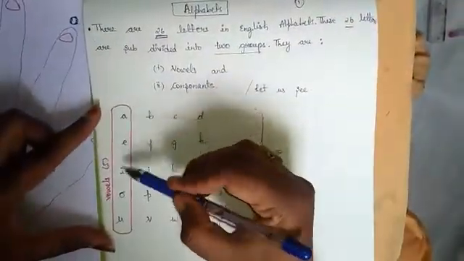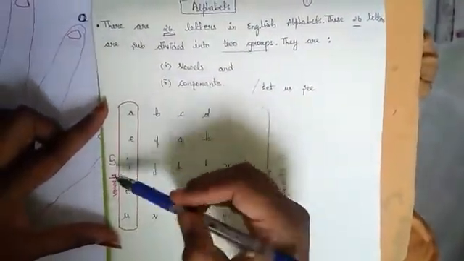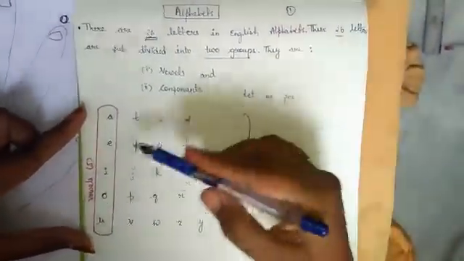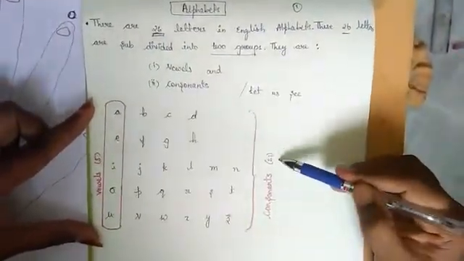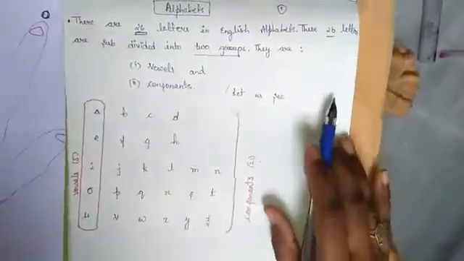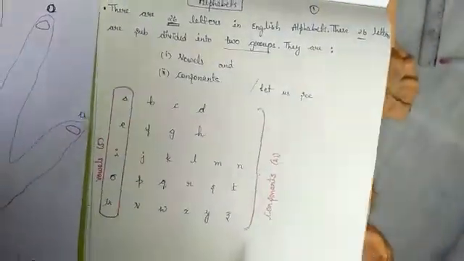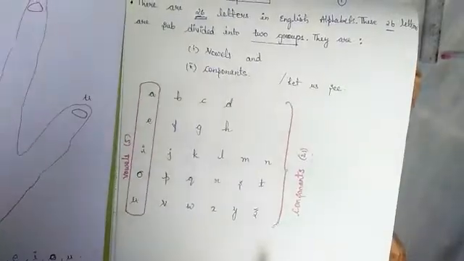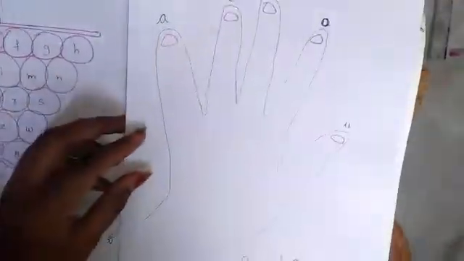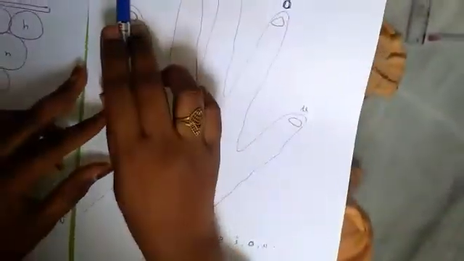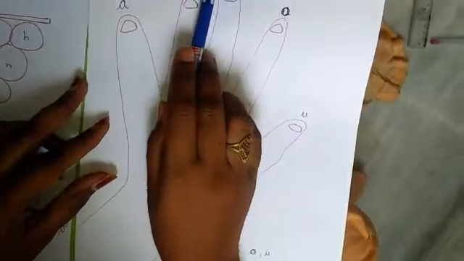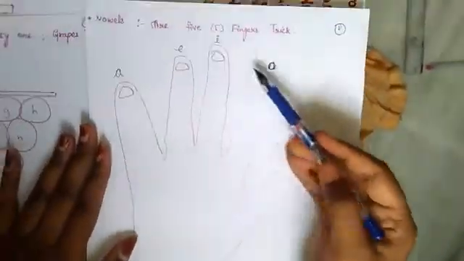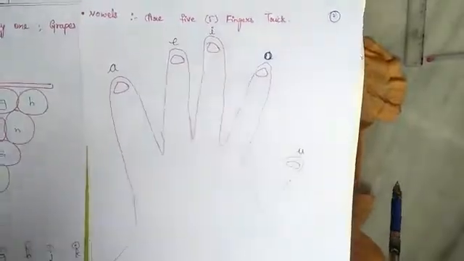These vowels, a, e, i, o, u, on one side, those are vowels, and vowels are 5. In the same way, these remaining letters are consonants. Those are 21. So for the better remembering purpose of the students, those who are in first and second grade can also remind themselves with the small finger tricks. You can see vowels are 5. Finger trick. Can you see how sweet it is? A, E, I, O, U.